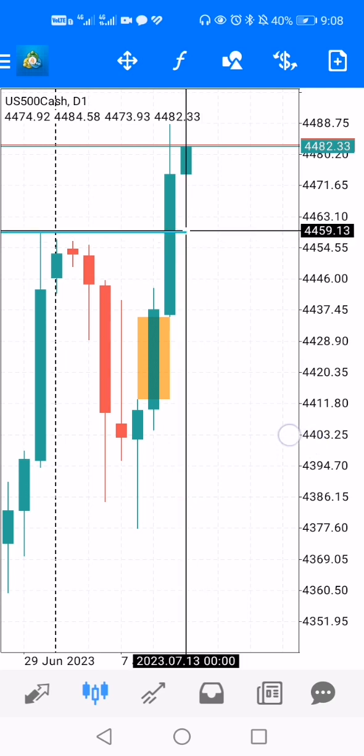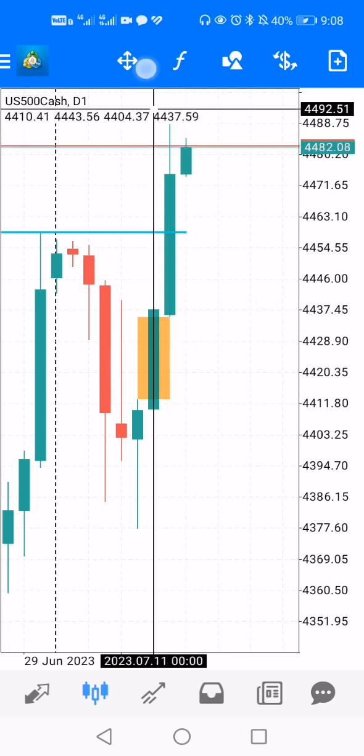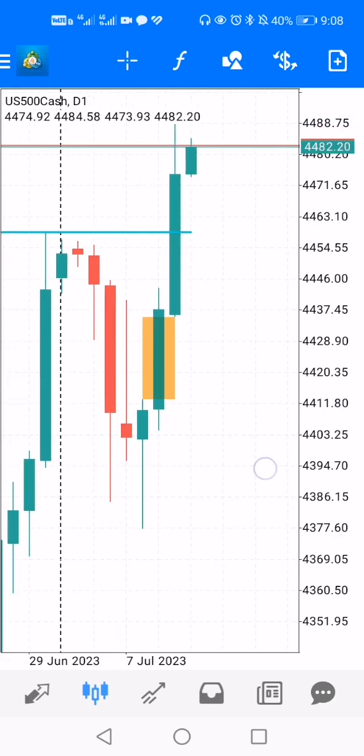However, what I'm seeing, like I said, is that price is beginning to slow down the momentum to the upside. So I will be looking for opportunities that allow price to go down as well. I won't be just looking for bullish momentum, but bearish momentum could also take place. Obviously, that will be just for maybe a day trade, not necessarily for swing trading, because this market is quite bullish that you can find yourself on the wrong side if you are